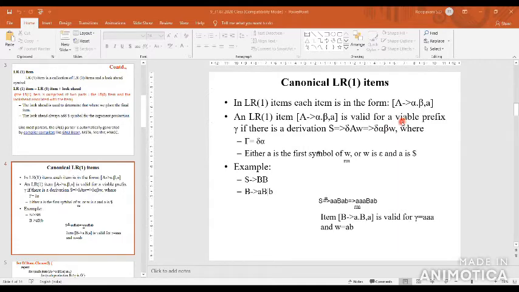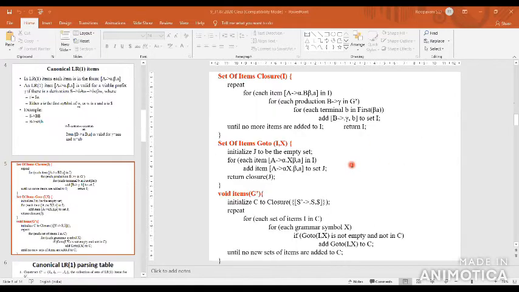You have to verify the given set of items and check whether a non-terminal or a terminal appears immediately to the right of the dot. If it is a terminal, you have to specify the value for the given condition. If it is a non-terminal, check A tends to alpha dot capital B beta, comma a. Immediately to the right of the dot, capital B is a non-terminal.